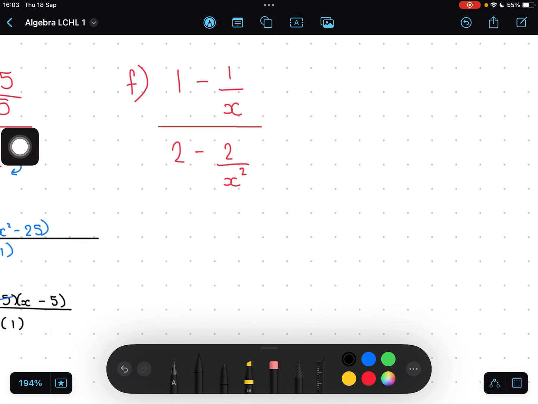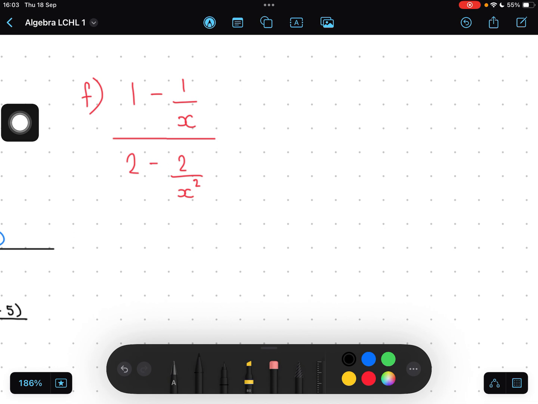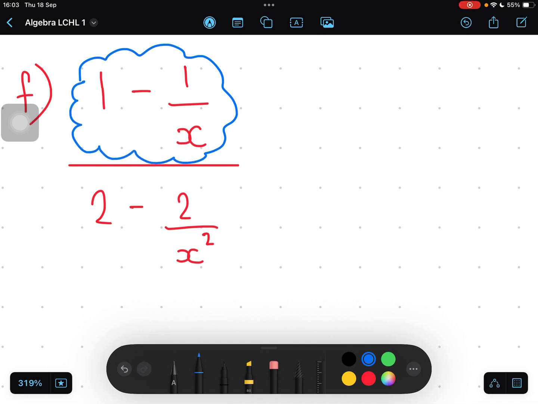So before we start trying to flip fractions and change this big, huge division, so this big fraction is a division, before we start trying to flip what's underneath and change this division to a multiplication, we're just going to write the top line as one big fraction and write the bottom line as one big fraction. So nice and easy, but just to help us get it the exact same as what we already know how to do. Okay, so if I was to give you all this and tell you,